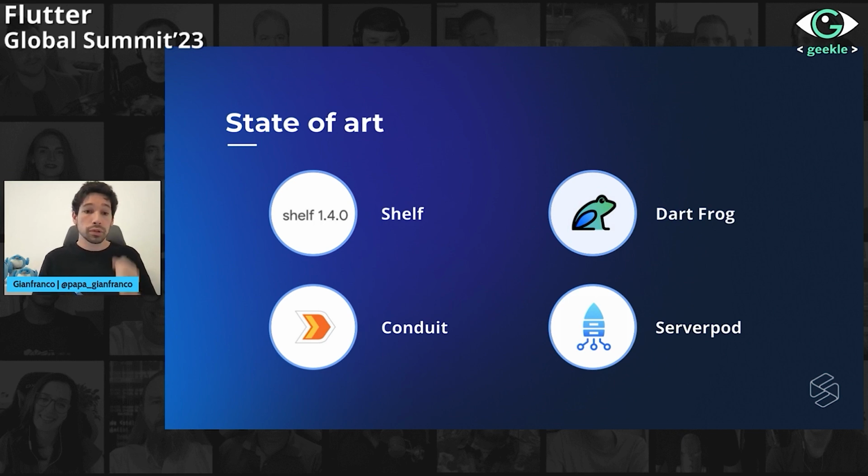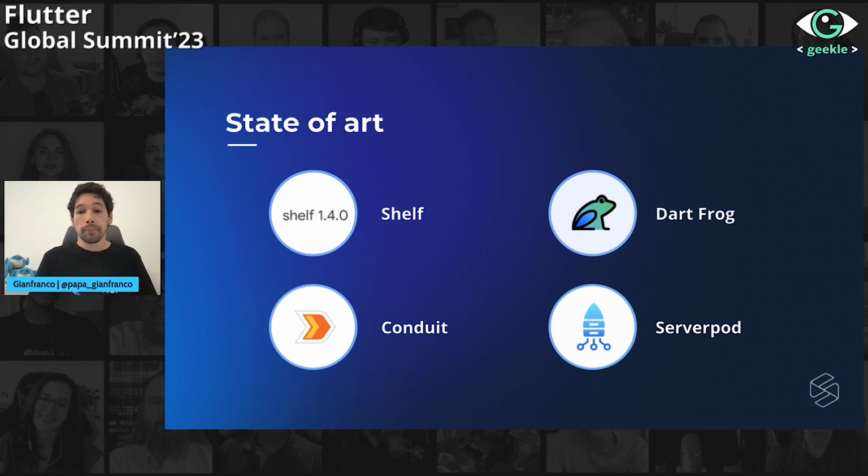There are other options such as Conduit, which is older than DartFrog, and also Serverpod, which is an option that, when you create your project with it, brings you a lot of things out of the box. It is more opinionated, so when you create a project with Serverpod, you will have, for example, a database, an ORM, and a way in which you can deploy it using AWS.